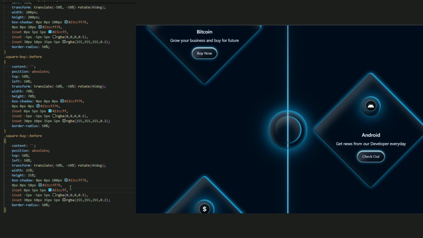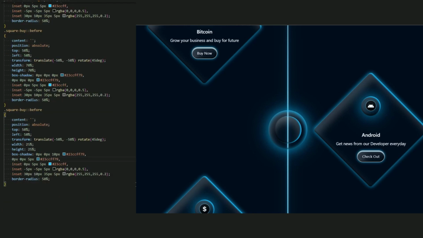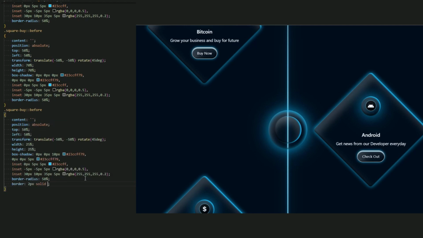Again, and let's use this box shadow 10 pixel, and 5 pixel. Okay, here we go. Okay, this is after, and let me add the border 2 pixels solid, and the color is this. Yes, I think now better. Here we go. This is our buy page.